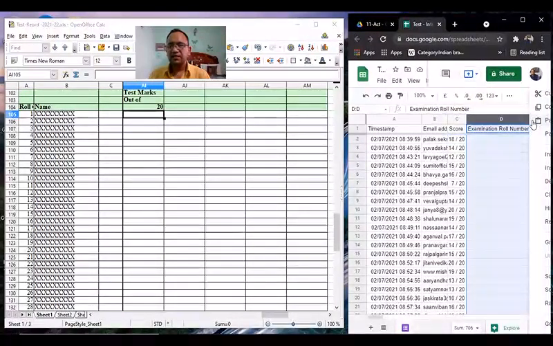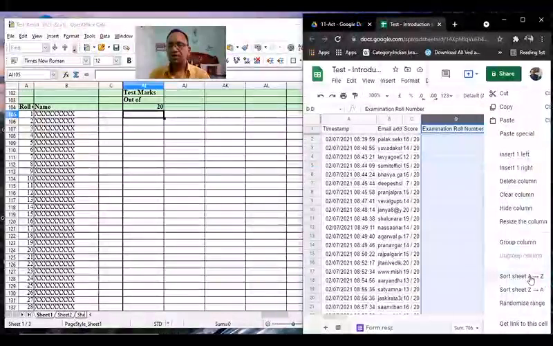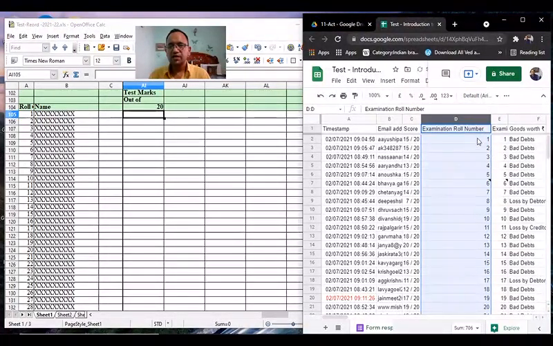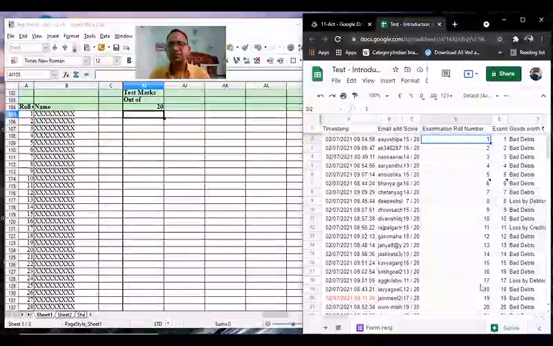Then I will select sort sheet A to Z. Sort sheet A to Z means arrange the data in this sheet in ascending order on this column, means roll number wise. You see, now it has rearranged roll number wise.